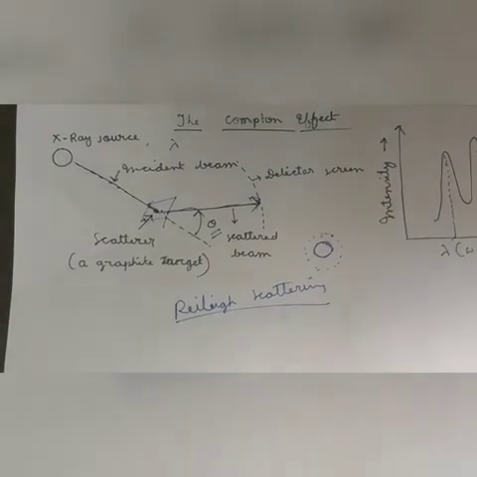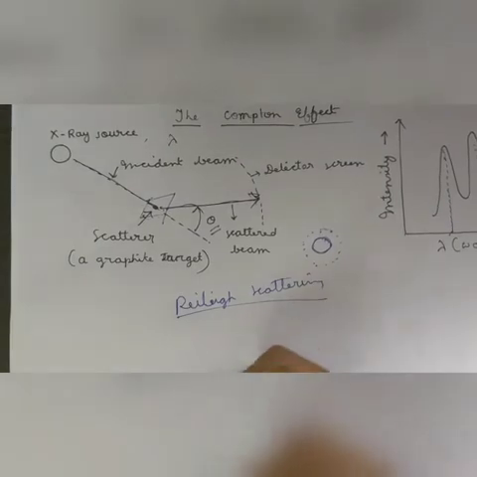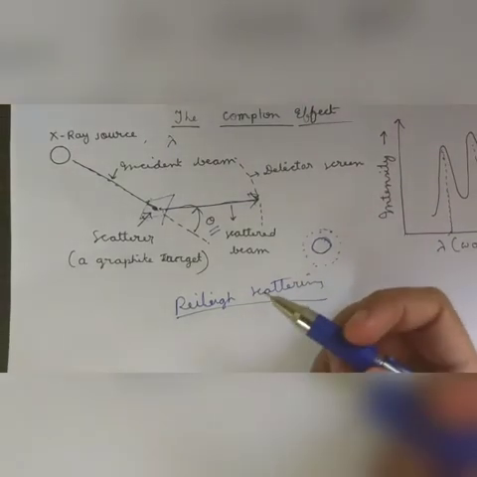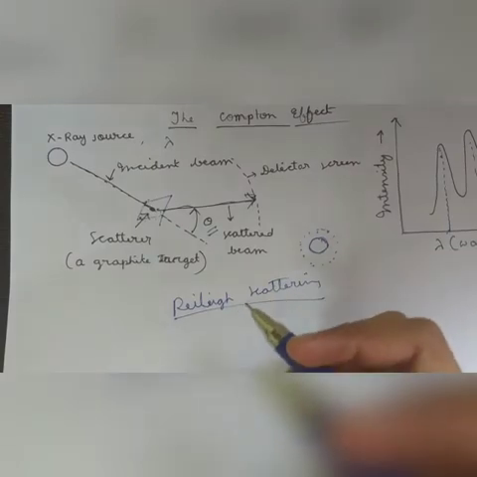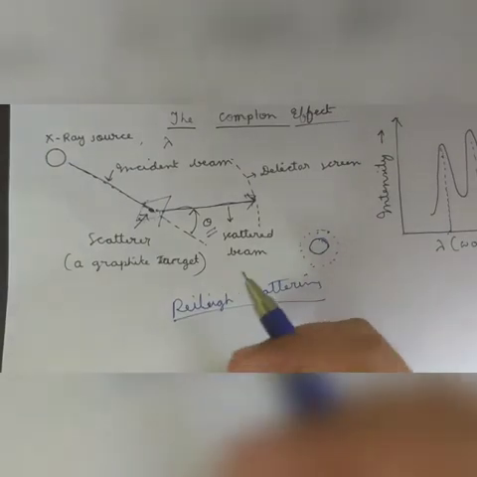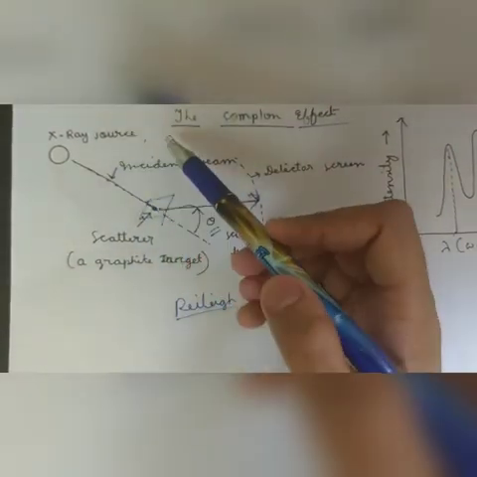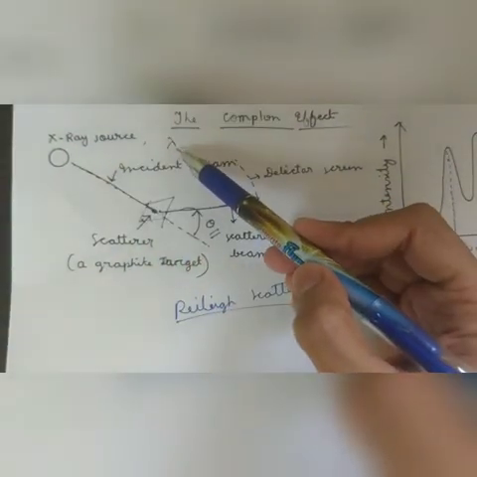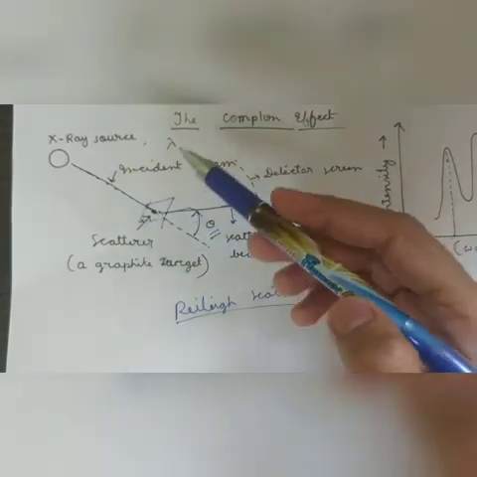After the photoelectric effect, the Compton effect was another phenomenon that again confirmed the corpuscular, or particle-like, behavior of light. This experiment was first done by Compton himself. What he did in his experiment was use an X-ray source. The emitted X-ray is defined for a particular lambda only, or we can say that the X-ray source is perfectly